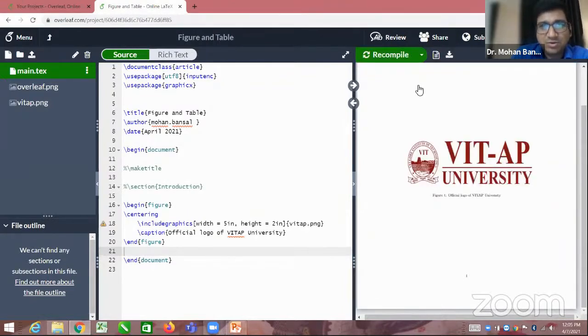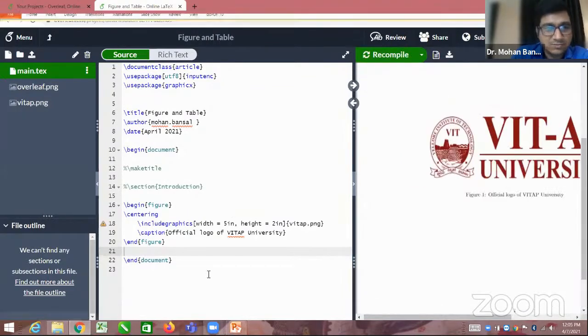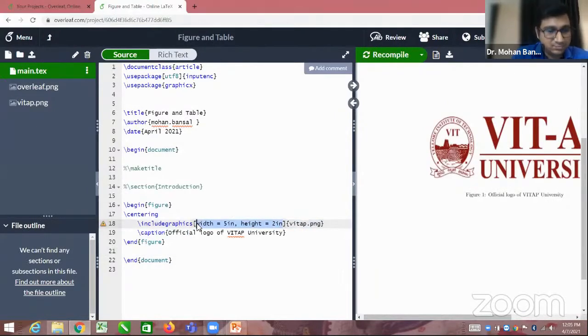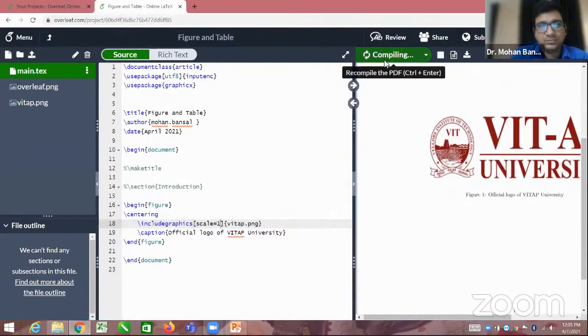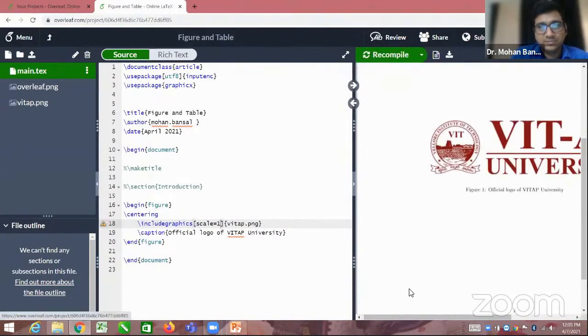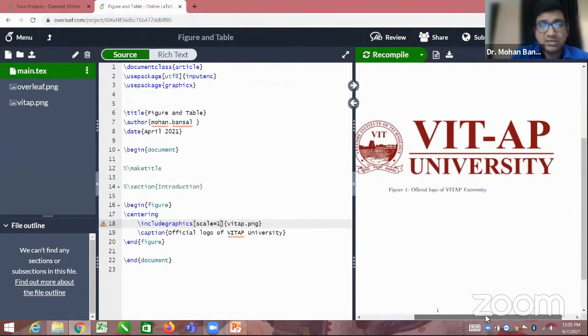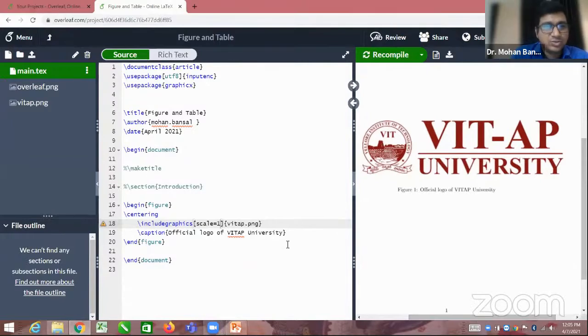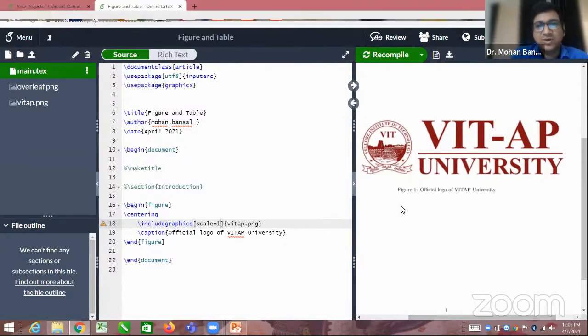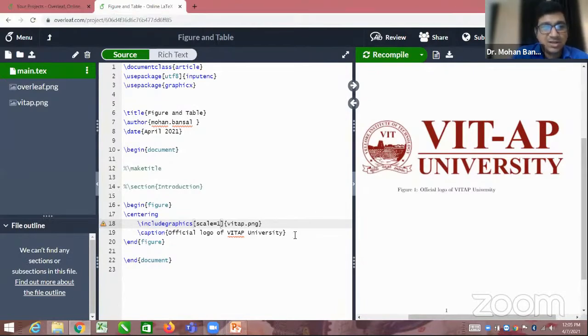You can see figure 1, official logo of VITAP University. Are you able to see? Okay. So here you can see figure 1, official logo of VITAP University. This is the caption of this figure.